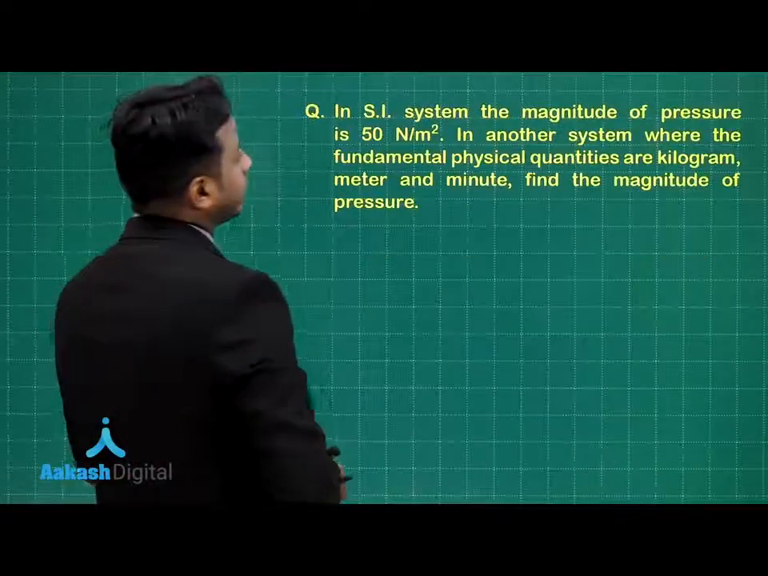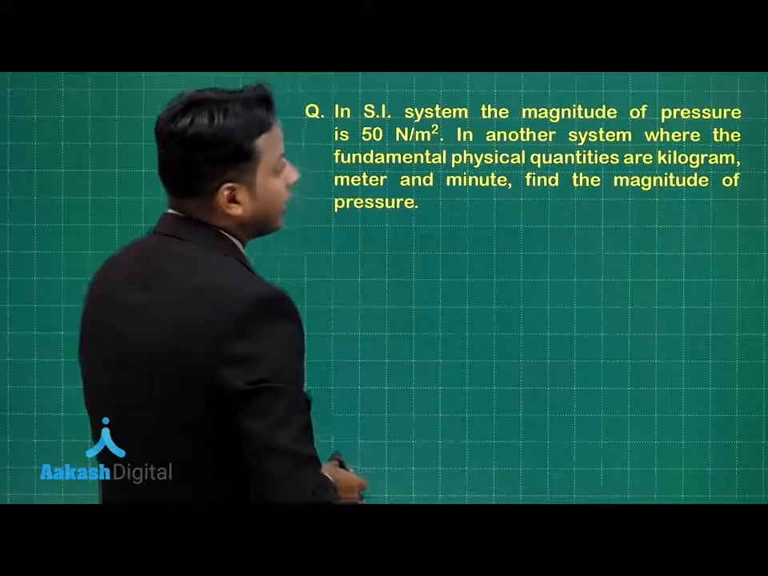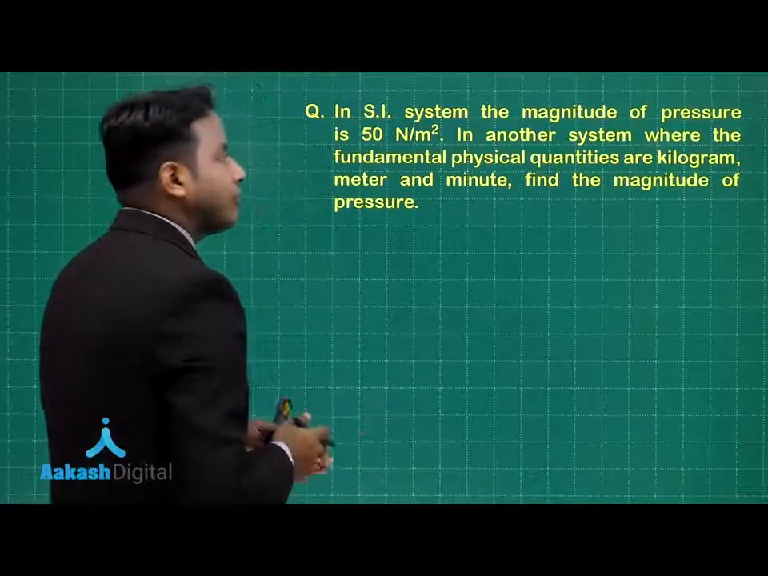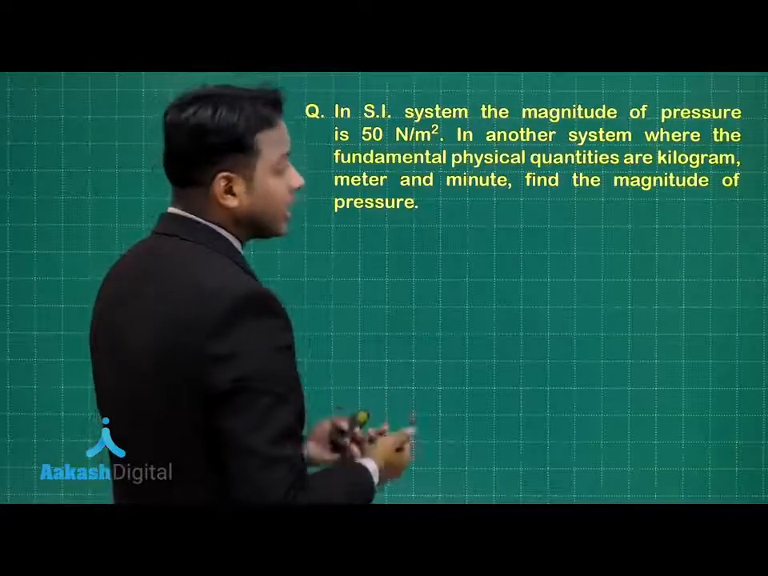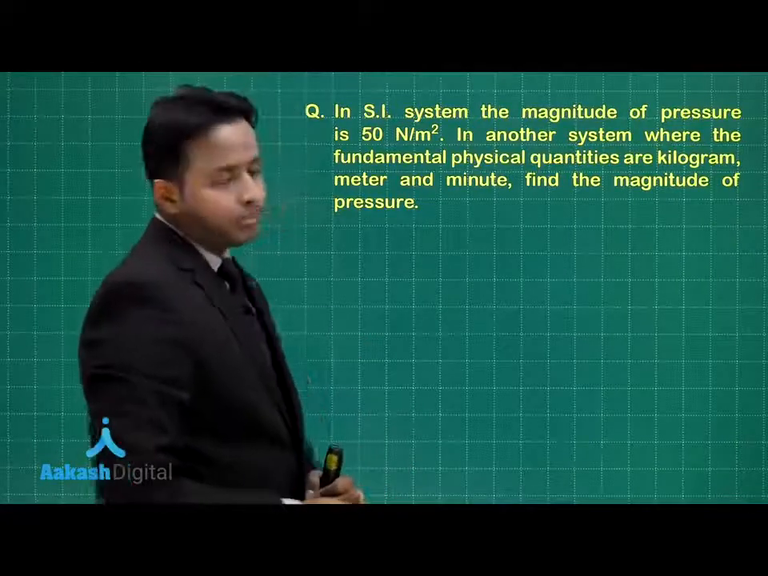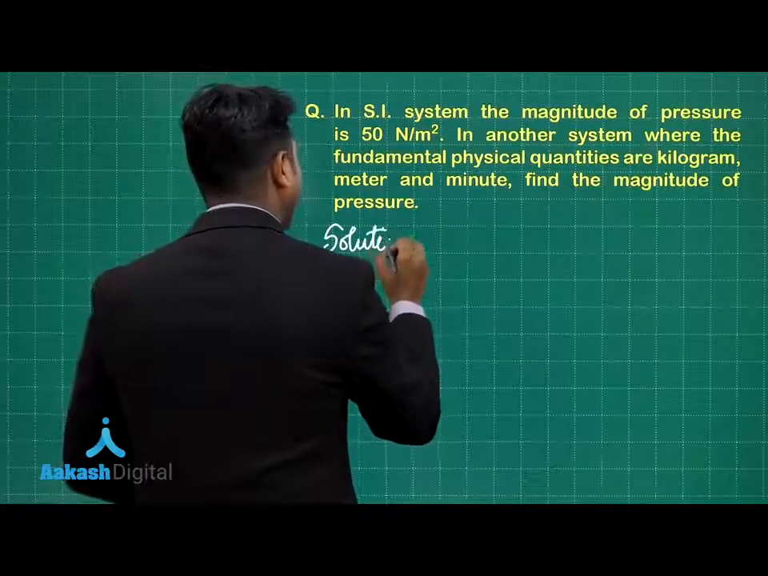Next question says, in SI system, the magnitude of pressure is 50 Newton per meter square. In another system, where the fundamental physical quantities are kilogram, meter and minute, find the magnitude of pressure. Now, moving on the same pattern, we have